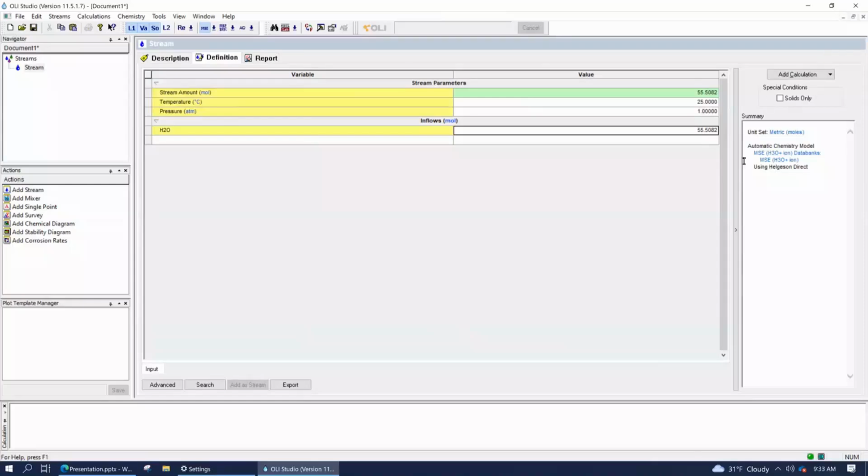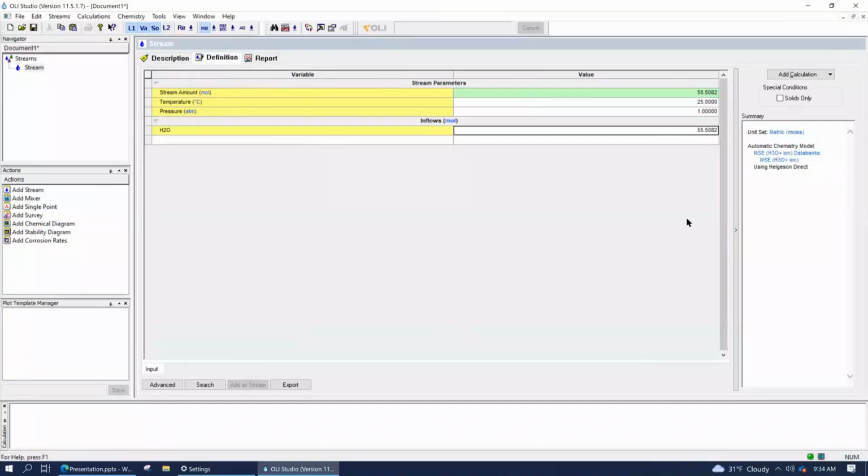On the right-hand side here, you're going to have your calculation section. In the upper right, always in the upper right, you're going to see either the calculation settings or the calculation button. So once you put everything in, you're just going to divert your eyes to the upper right because that's the next area that you're going to operate on. A little below that, you'll see a summary section. That summary section is going to tell you how the calculation is set up, what units are used, what chemistry model is being used, if solids are selected or deselected, if redox is turned on, if phases are turned on and off.